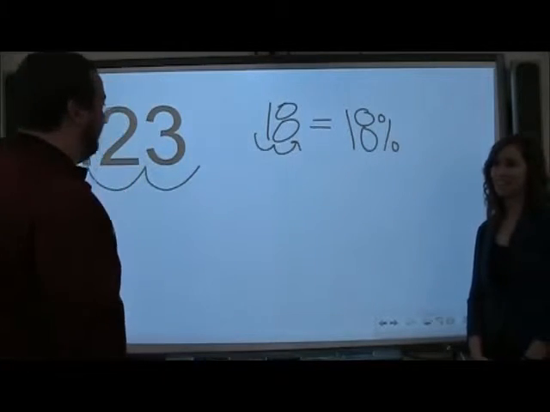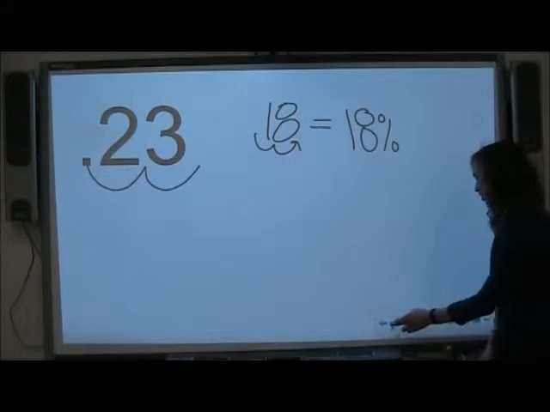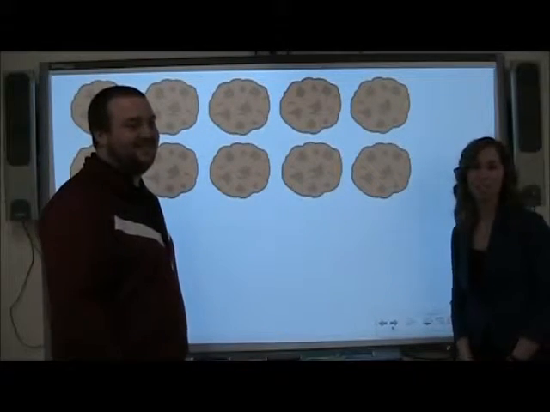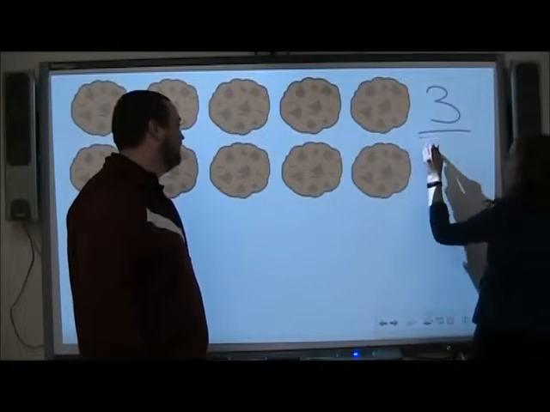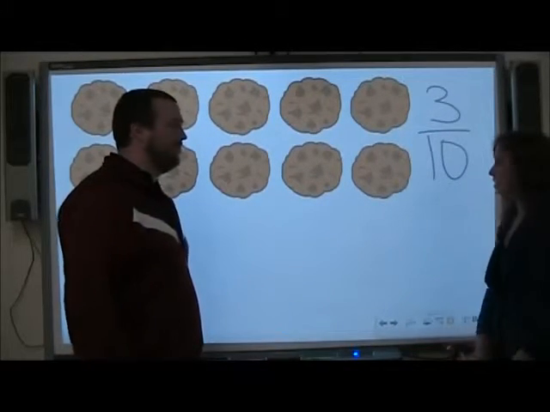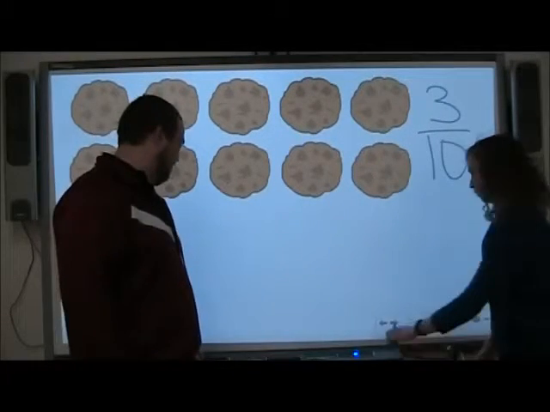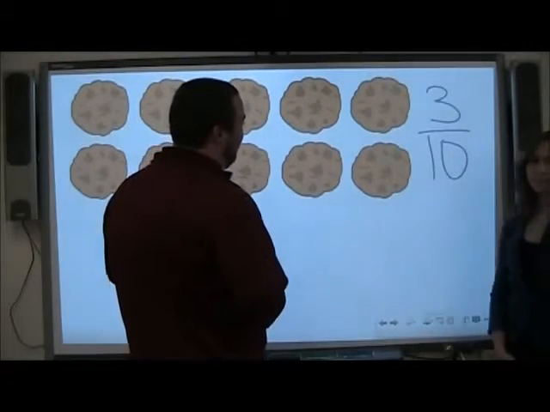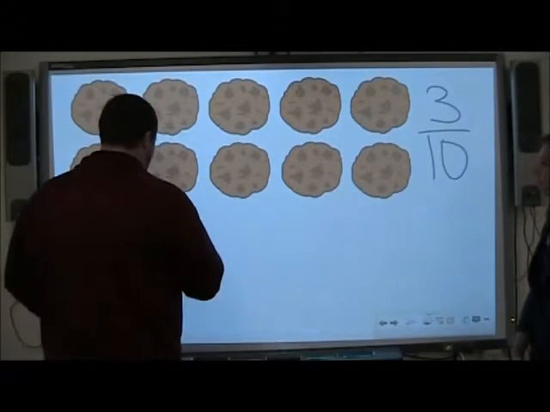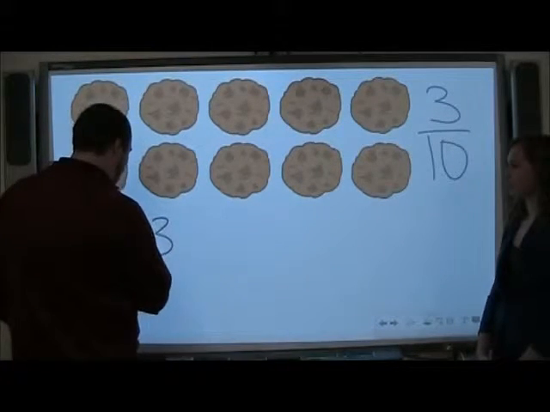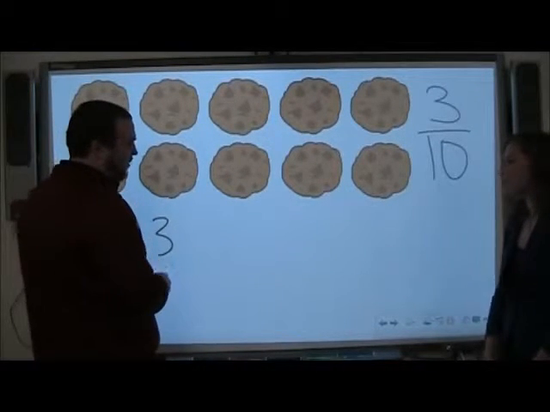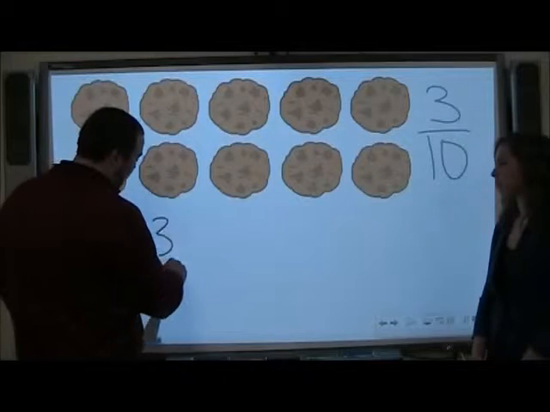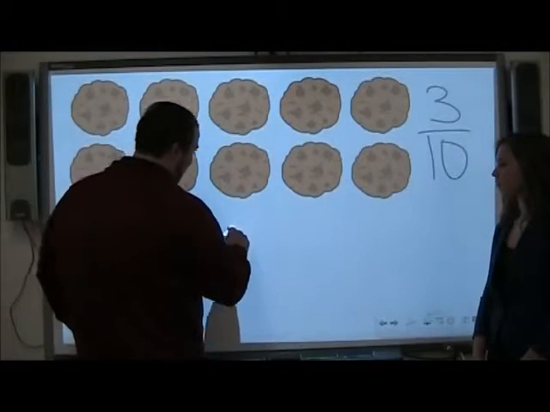That's a great idea. Lucky for you, today I made cookies. Nice! I made 10 cookies, and Andy ate 3/10 of the cookies. So what percent of the cookies did Andy eat? Well, we know that I ate 3/10 of the cookies. So we can write that as 0.3. And if we wanted to convert this to a percentage, we can move the decimal place over 2 spots, which means that I ate